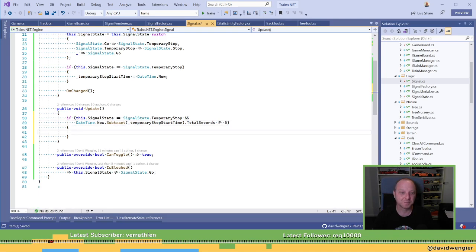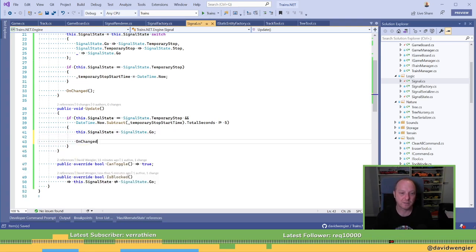Let's go 5. Is dot signal state equals go. And I guess unchanged, which I don't know what that will do because that's now got a fire event in the middle of updating.